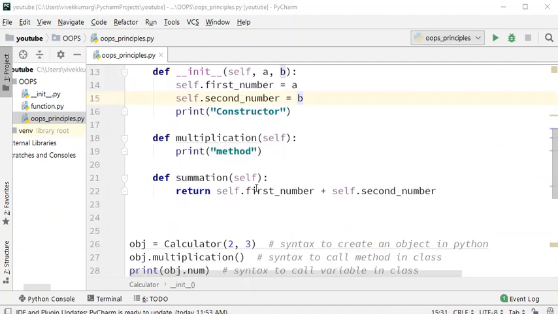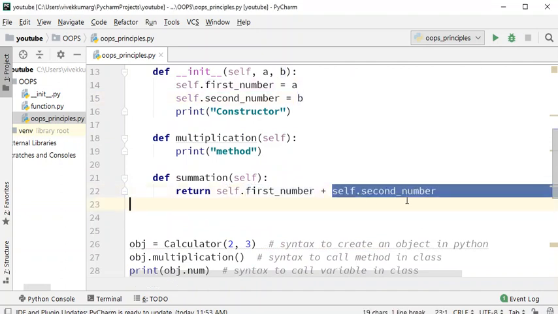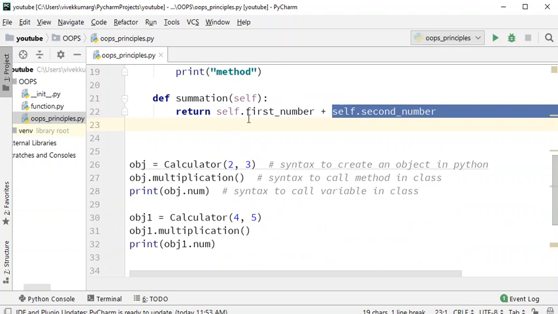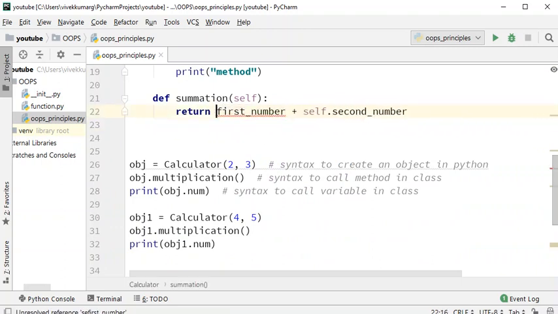Now guys, you must be thinking, why use self.first_number and self.second_number? You already said these are other variables in your class, so why can't we simply use first number? Very important thing: always remember, in Python, we can never call a variable simply by its name.